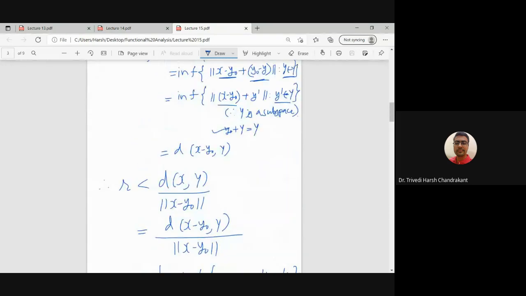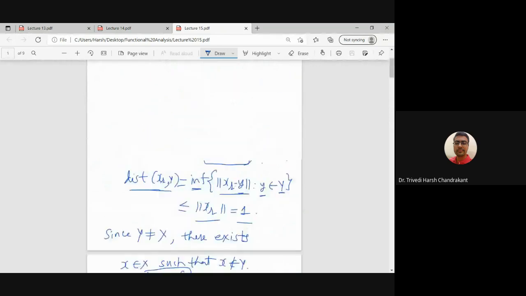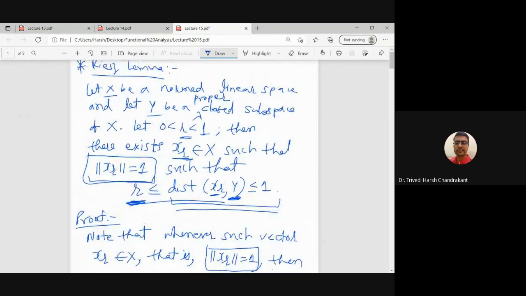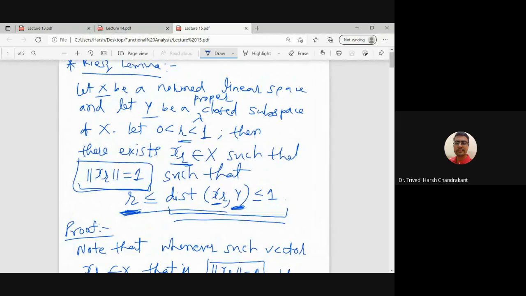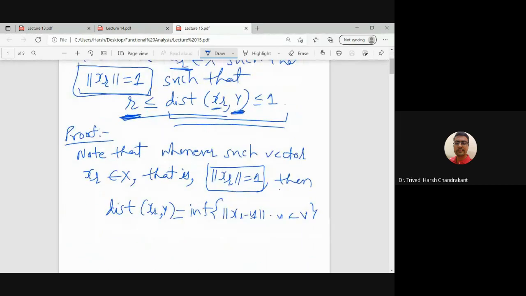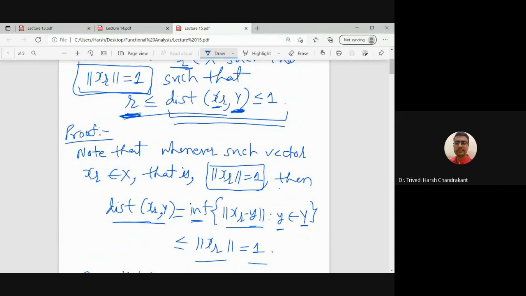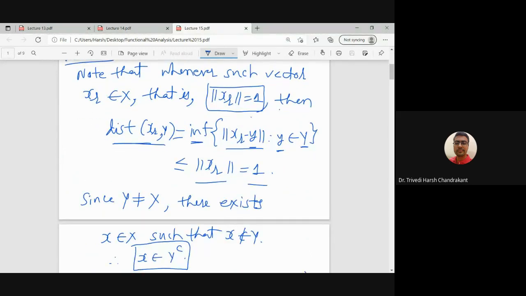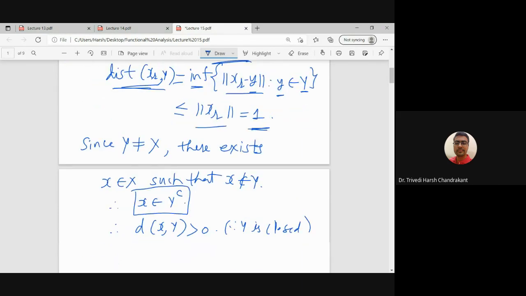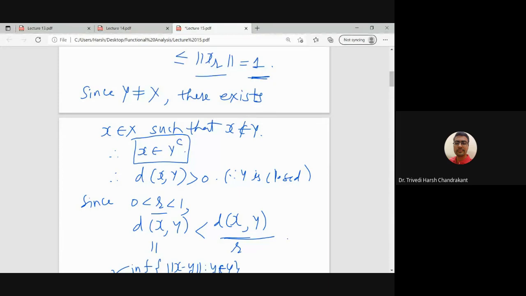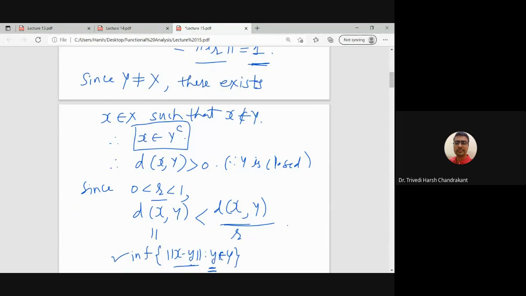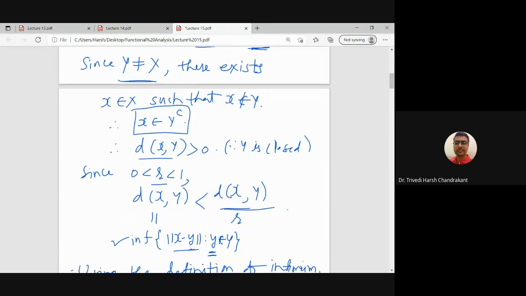Yeah, so let us revise this once again. We are looking for a vector in X whose norm is 1 and whose distance from Y is bigger than r. If we can find such a vector, then the second inequality follows, as we already discussed. In finding that element x_r, we assumed Y is a proper subspace, so the distance is positive.